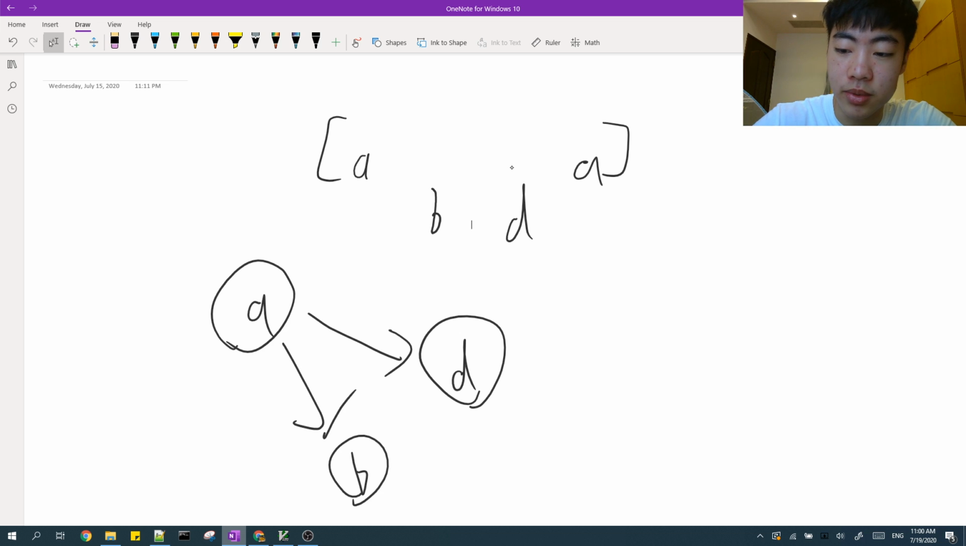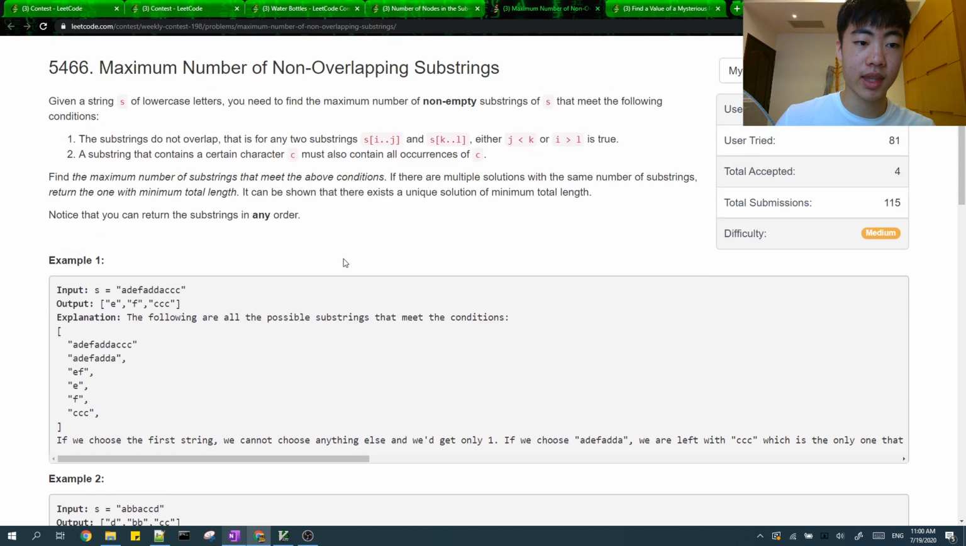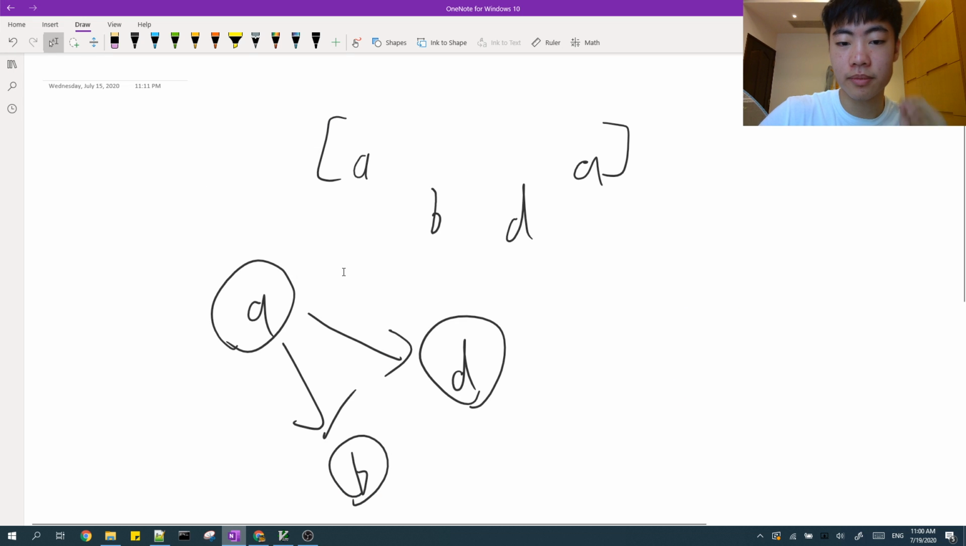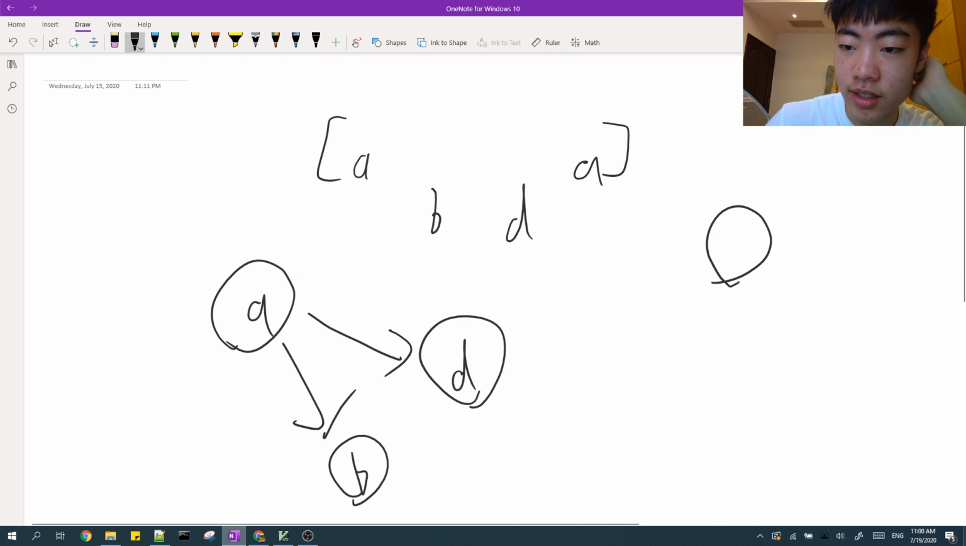you can compress it with strongly connected components, and then you get a directed acyclic graph. Now the answer will be, you want the maximum number of substrings. So basically the maximum number of merged ranges. And then we want the minimum total length. So in this directed acyclic graph,